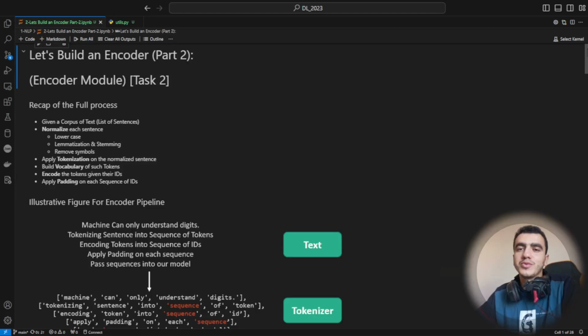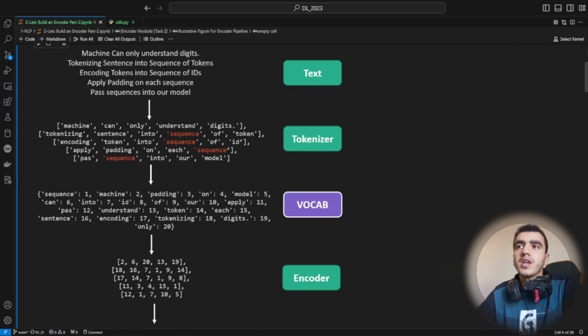Hello and welcome to the second coding session regarding the encoder module. Today we'll be hopefully building our encoder as independent modules that we can embed within our PyTorch template, specifically the dataset module within the PyTorch template. So we are going to build it step by step here, as we have already built the core functionalities. So we're just going to make it as a class and use it to return the encoded part and padding